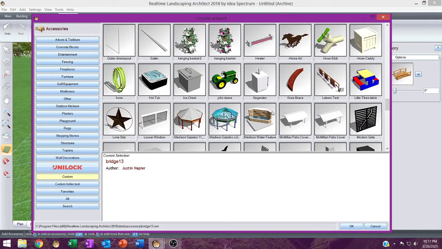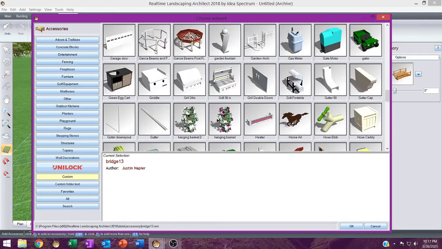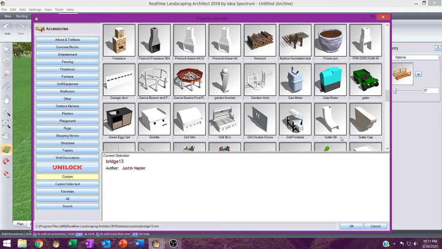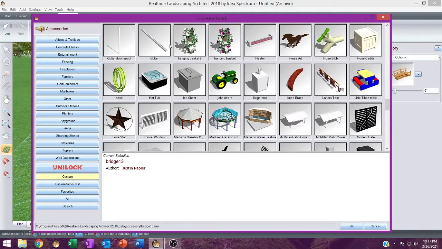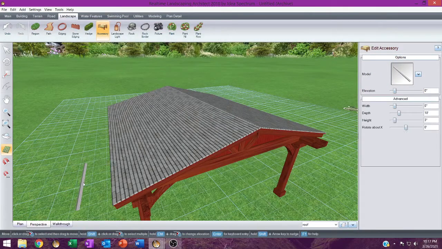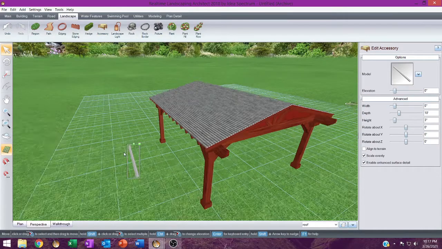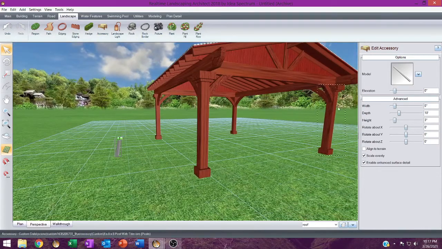So I've got a couple different components. I've got the gutter downspout, the gutter, a gutter cap, and a gutter 90. The reason I have a gutter cap is if you look at my gutters, and like I said, I got these off of 3D SketchUp. I got the gutters, downspouts, and 90s off of 3D SketchUp. The gutter cap I had to make using the extrusion